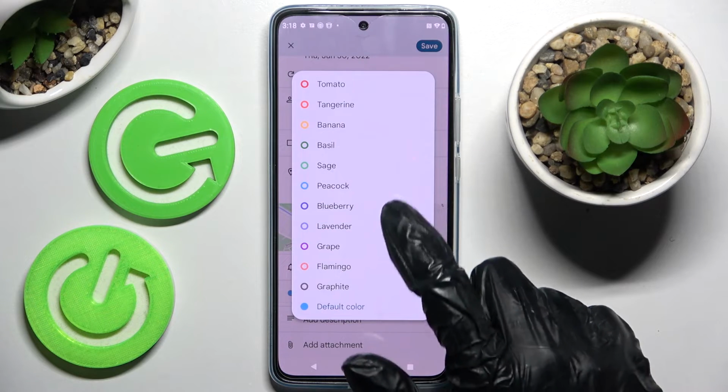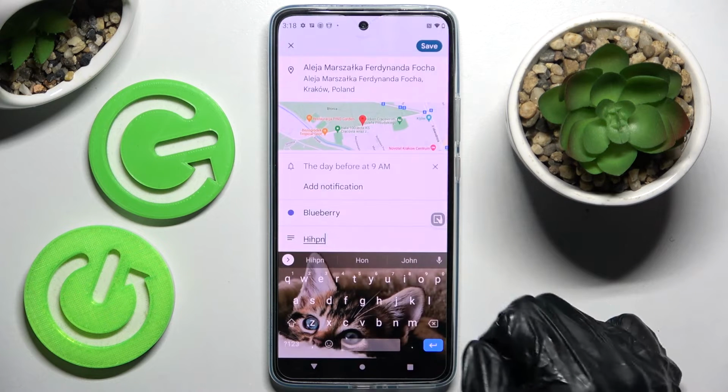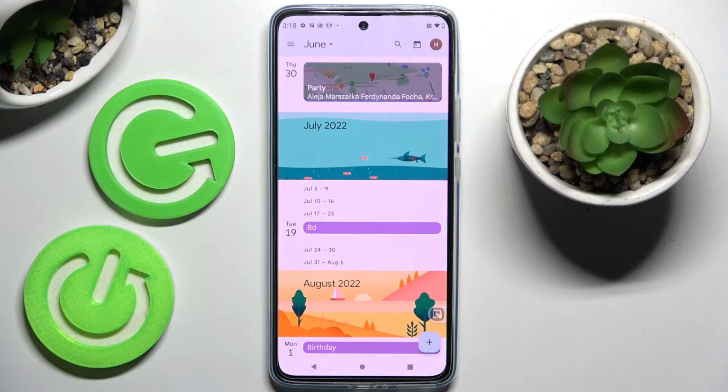Now you can even change color of your event, add attachments, take notes and set up notifications minutes, hours or weeks before it. When you're ready, tap on save at the top right corner and as you can see, my